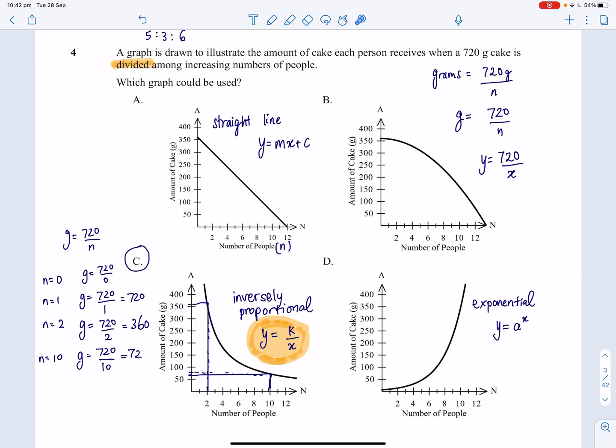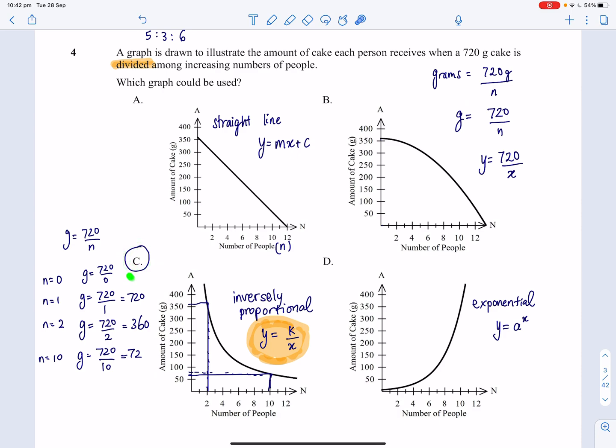But I want to be super sure, so I'm going to check some more numbers. So N equals 2. I take 720 dividing by 2. Each person gets 360 grams. So if I go up to 2, yes, that does work out to be approximately 360 grams. And N equals 10. Dividing 720 by 10, you get 72. Checking that out, yep, that is correct. I do get about 72 there. So yes, I can confidently say that C